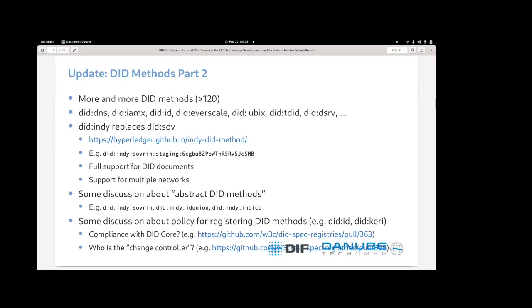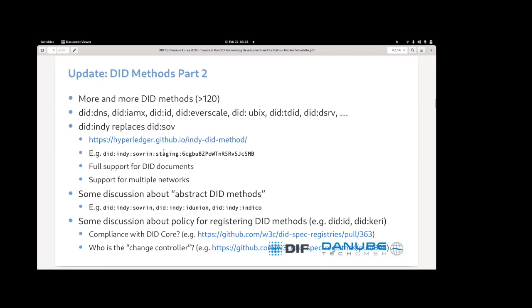This is especially interesting because it has better support for DID documents. It has full support for the DID standard for storing metadata inside a document, and also it has support for multiple networks. So you can see, for example, a DID like this, which identifies exactly on which network the DID